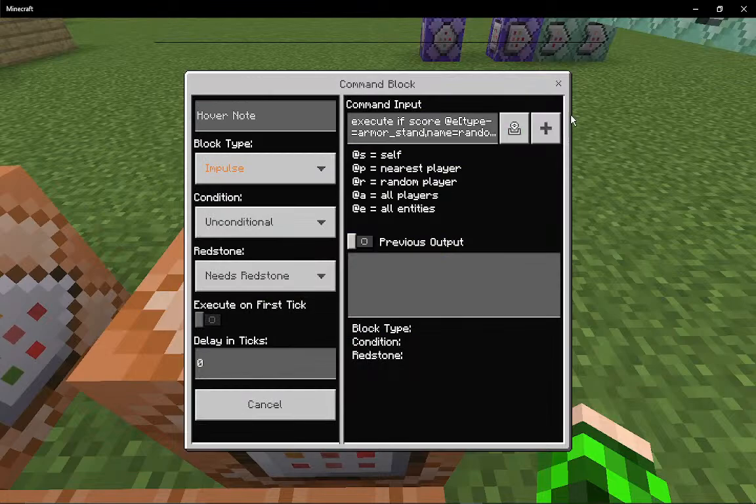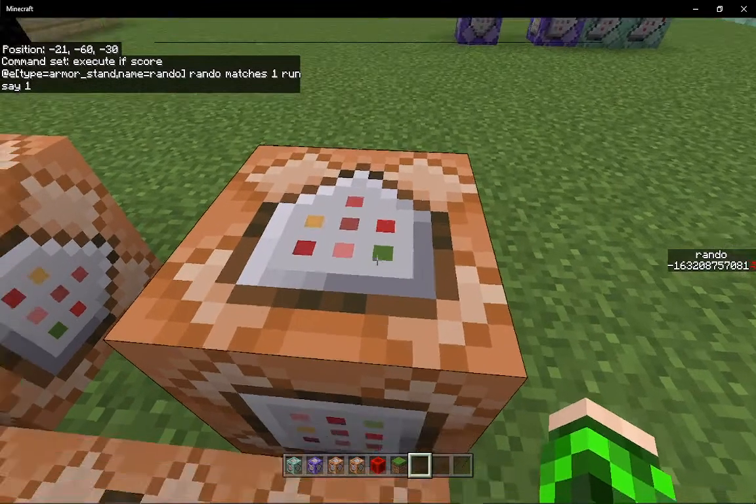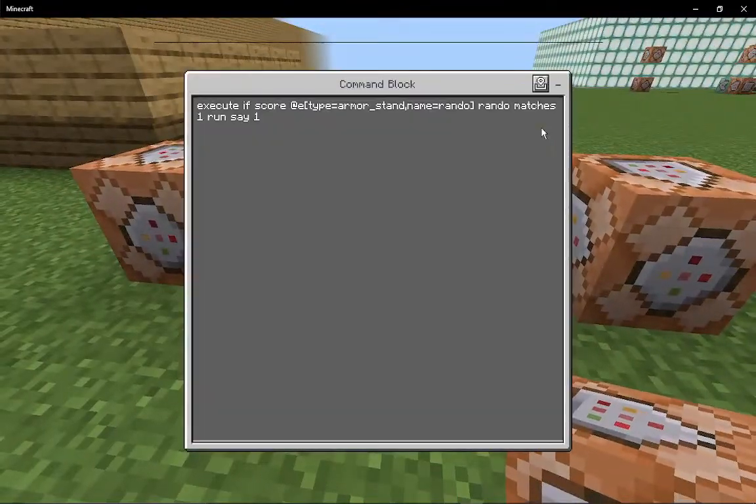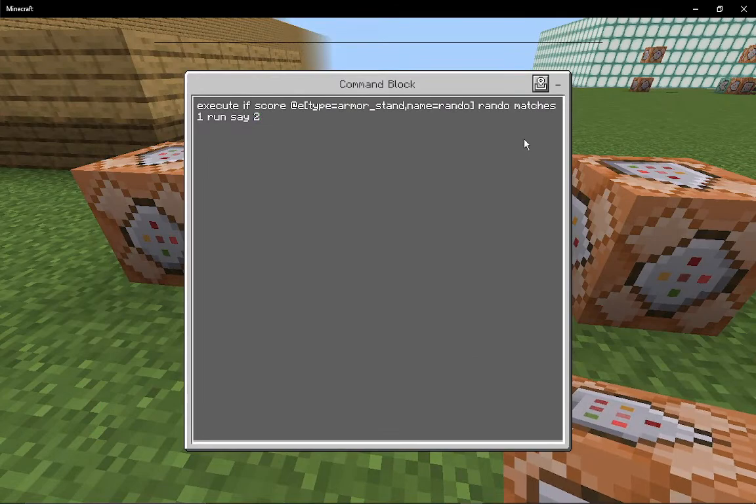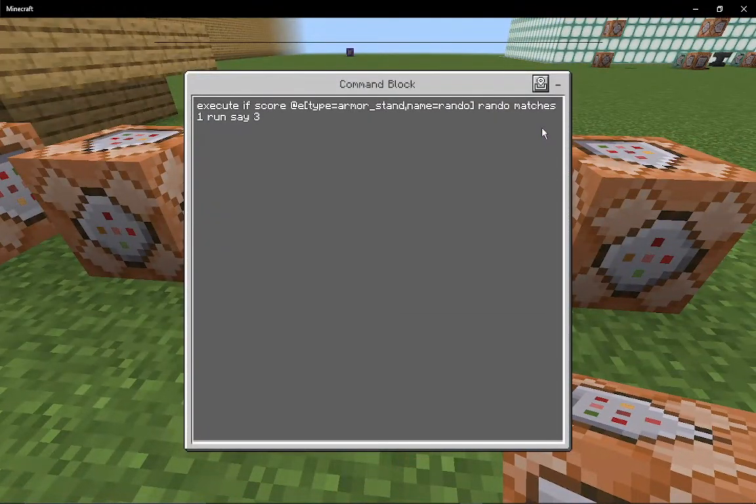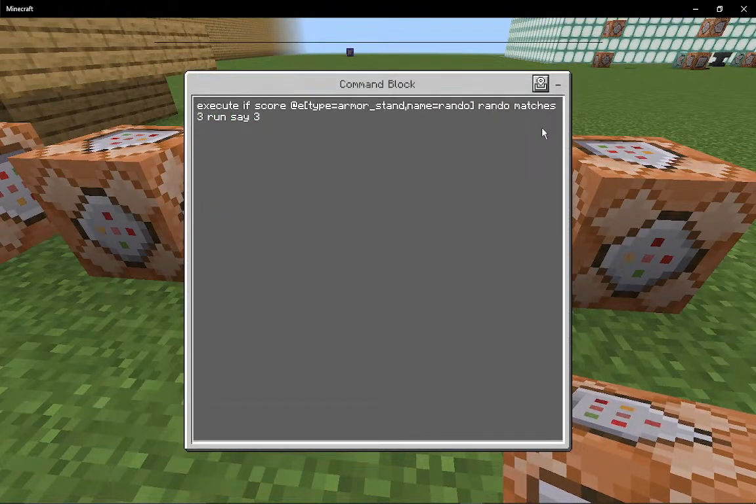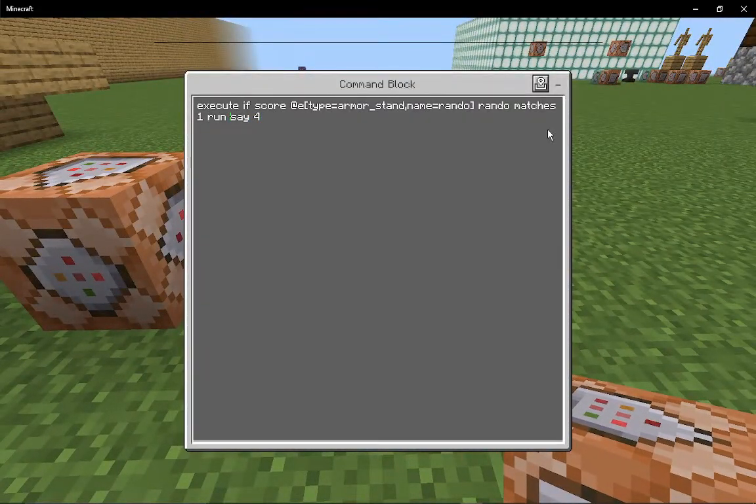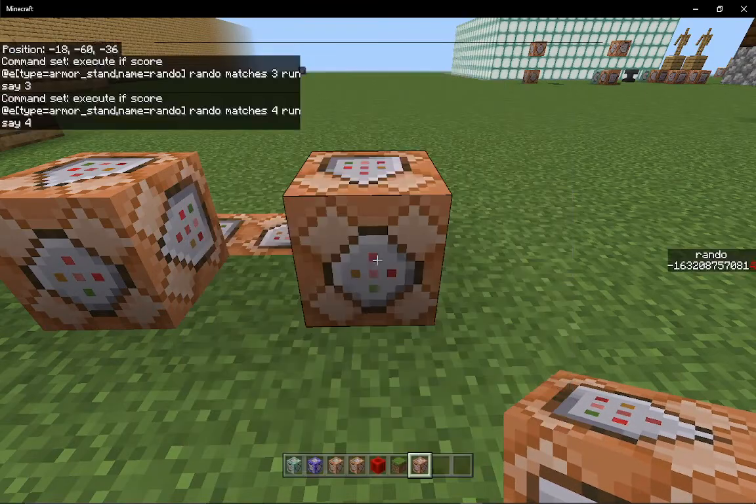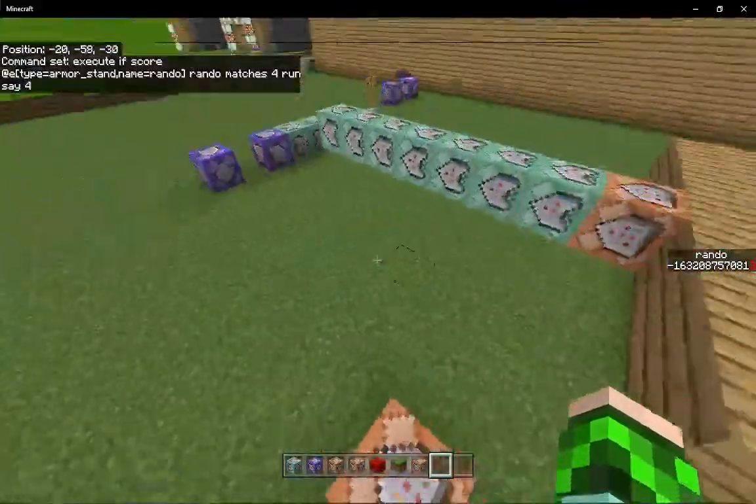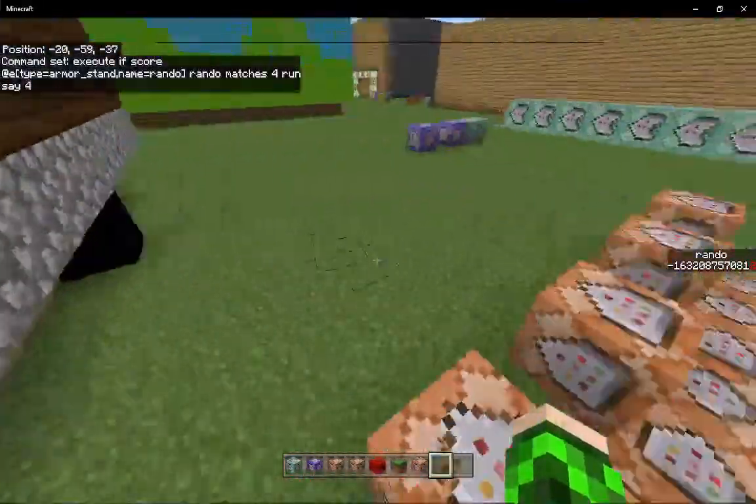This is just to see how the different timing effects work. I'm not really doing anything yet, but if it matches 2, say 2. If it matches 3, you can say 3. If it matches 4, you can say 4. And then we're gonna